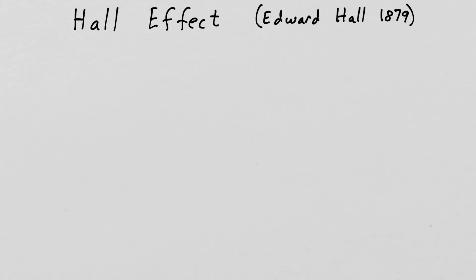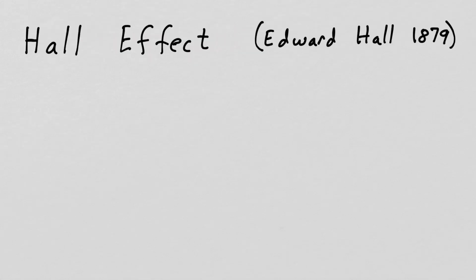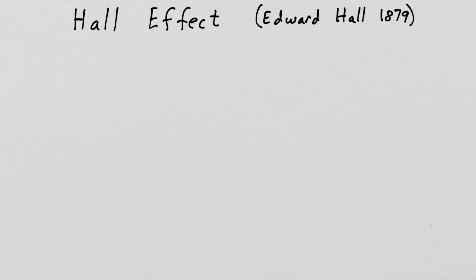If you've wondered how we know it's negative charges flowing and not positive charges flowing in a wire when current is flowing, it's due to a simple experiment performed by Edward Hall in 1879, and this experiment is referred to as the Hall effect. This experiment will also give us the density and drift velocity of the conduction particles. The Hall effect is a routine process monitoring technique in the semiconductor industry.